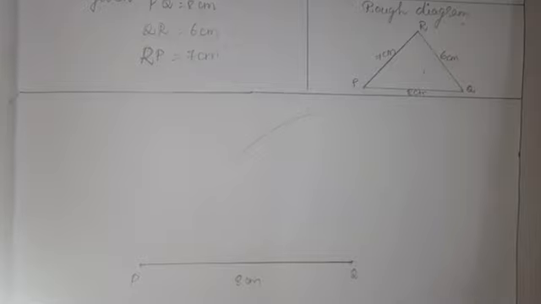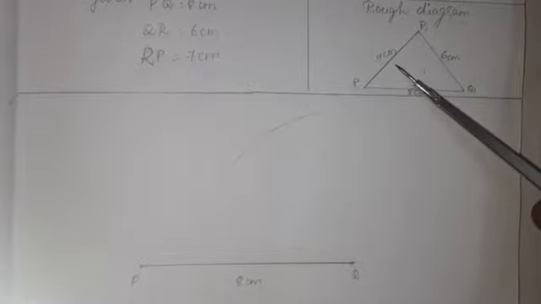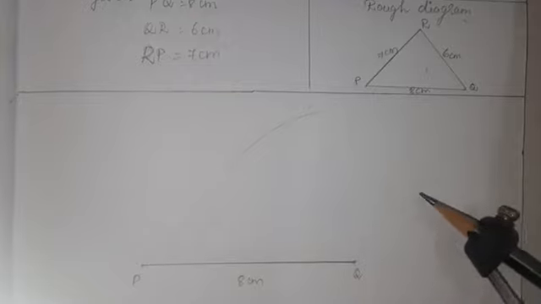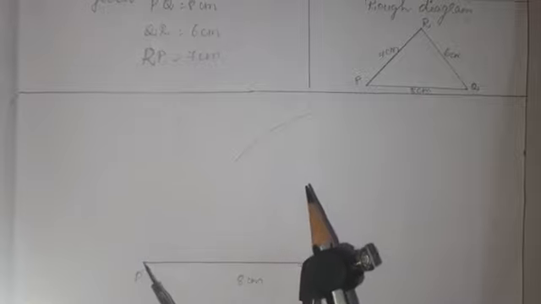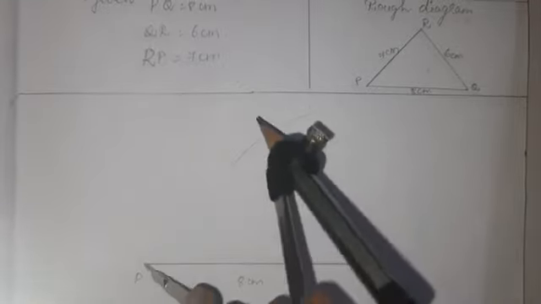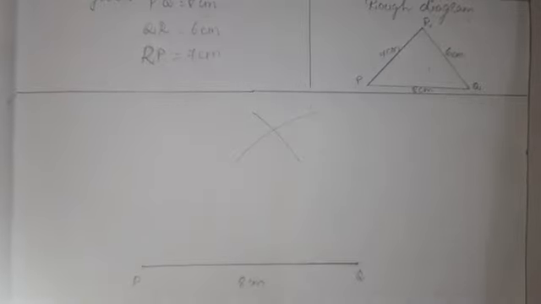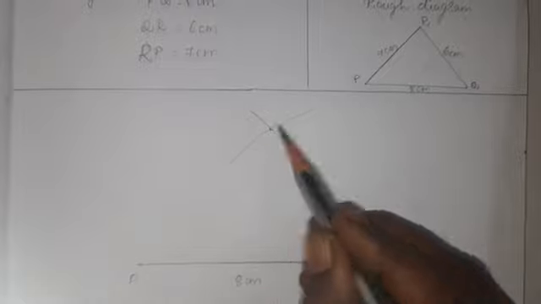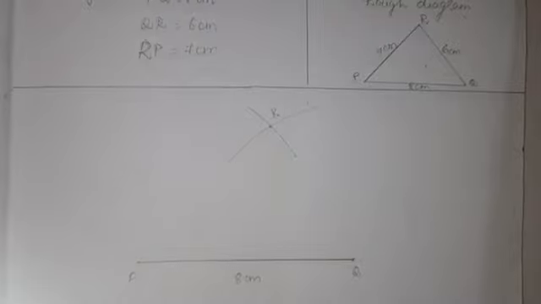Next I am going to draw the arc for line PR. See the rough diagram, what is the measurement they gave? 7 cm. I measured 7 cm in the compass by using the scale. So with the compass needle centered at P, I keep the compass needle at P and cut that arc. We already drew the arc, so you cut that arc. Here both arcs intersect. Here make a dot and give the name as capital R. After that, join it.